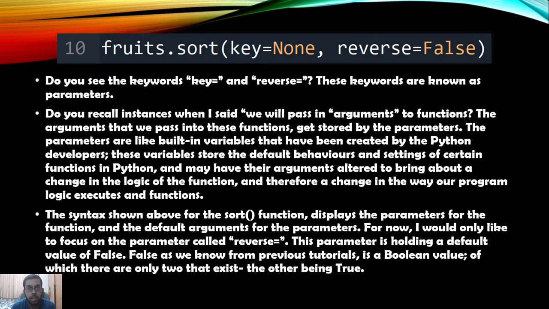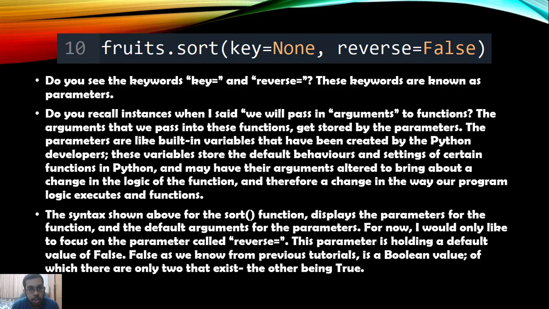Fruits.sort key is equals to none, reverse is equals to false. Do you see the keywords key is equals to and reverse is equals to? These keywords are known as parameters. Do you recall instances when I said we will pass in arguments to functions? The arguments that we pass into these functions get stored by the parameters. The parameters are like built-in variables that have been created by the Python developers. These variables store the default behaviors and settings of certain functions in Python and may have their arguments altered to